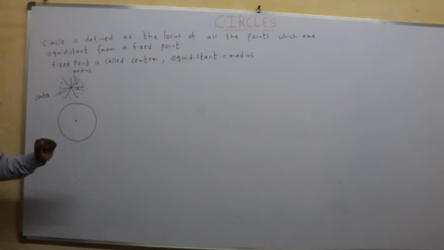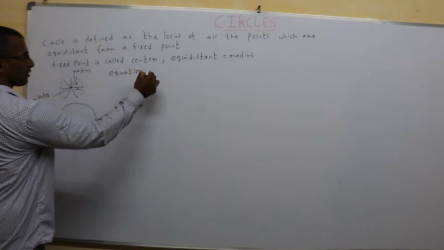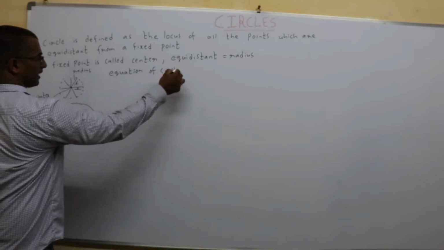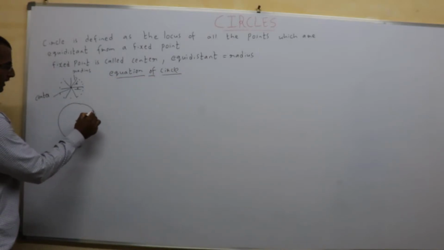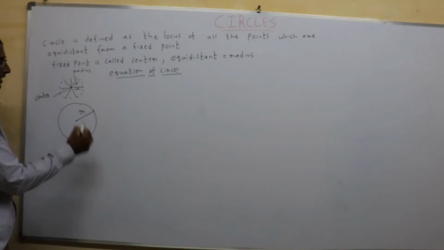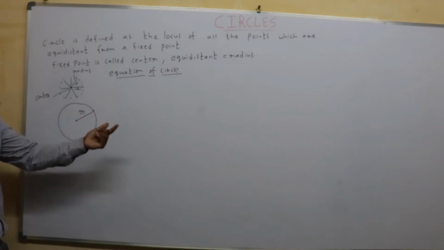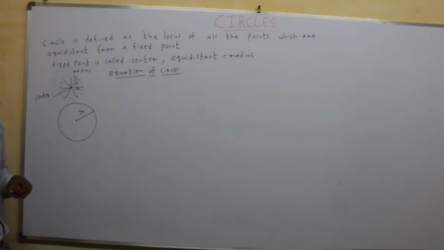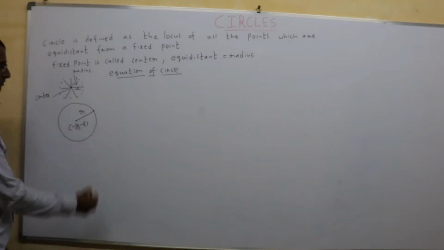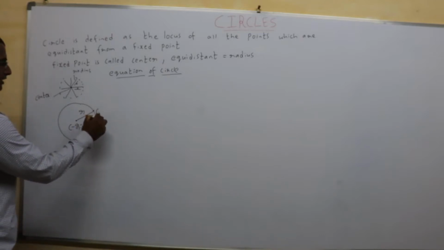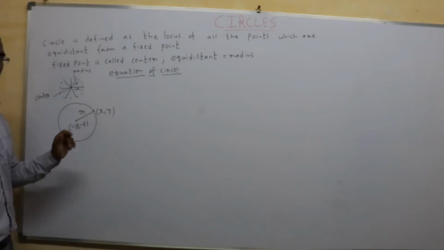Using that I get the equation of a circle. Now to get the equation of a circle I use a property of the circle, that the distance from here to any point is called the radius. Correct? So take the length of this equal to r, that will give you the equation of the circle. So if here I consider the center as minus g, minus f, and any point on the circle be x comma y, this distance equals r.